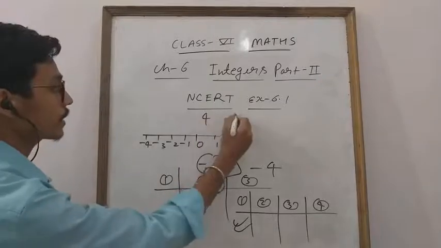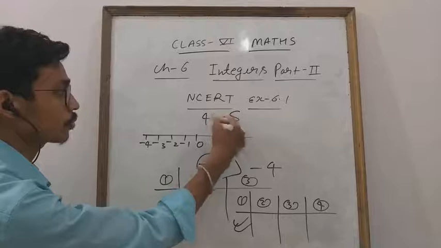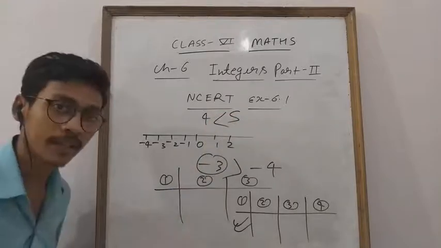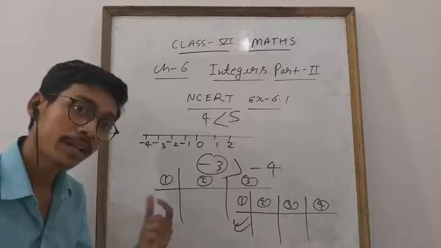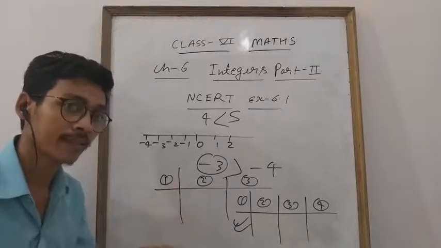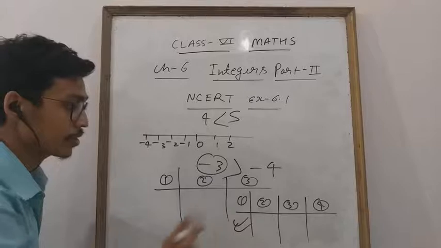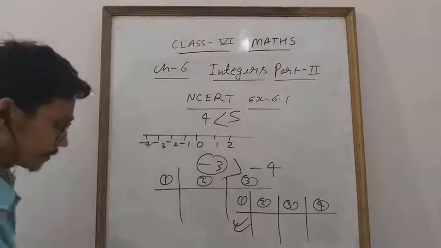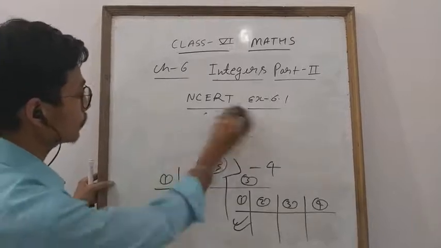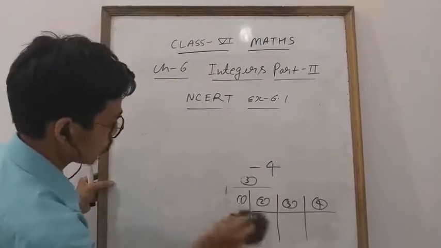But if 4 is greater or 5 is greater, you simply know that both are positive, so +5 is greater. It means in negative, the smaller number is greater and the greater number is smaller. This is opposite. Clear everyone? And I explained also why it happened. Okay everyone? Now next question based on the same pattern. Question number 6, everyone see carefully. What is given in question number 6?